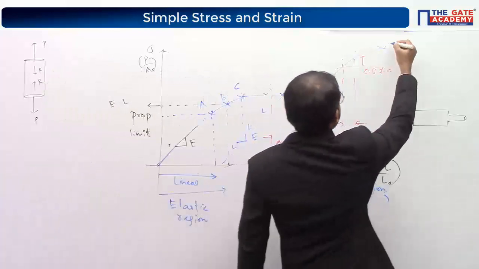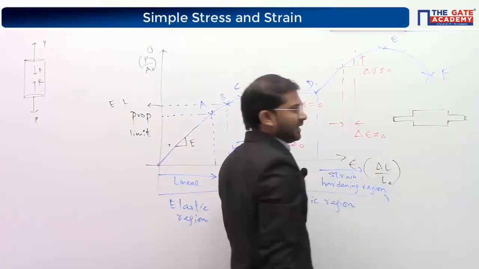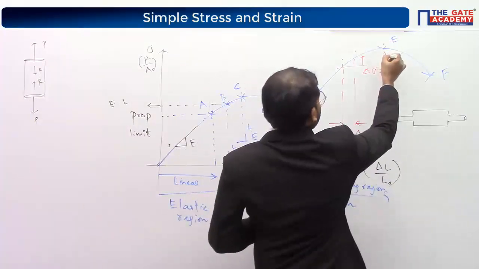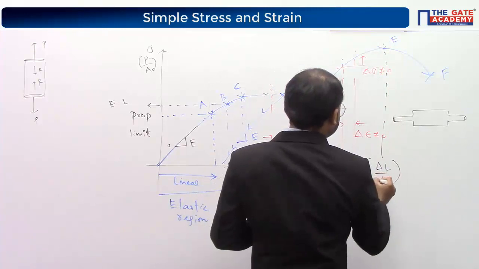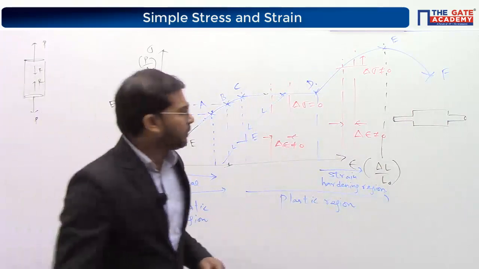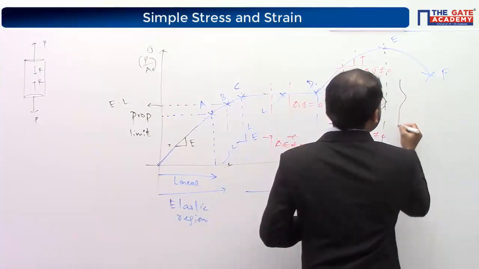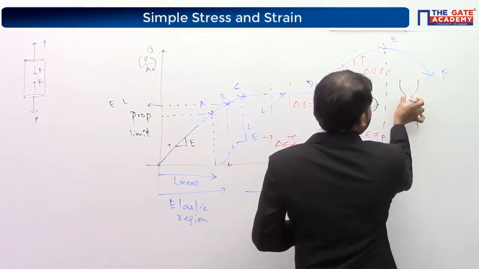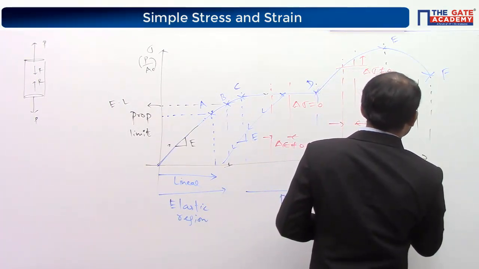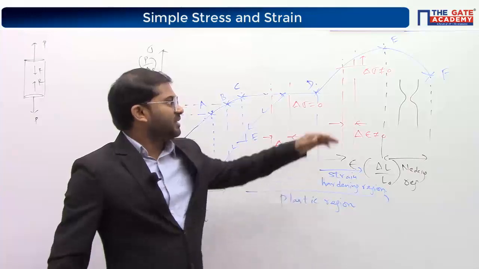So the curve goes to a peak like this, but you can observe that experimentally the curve comes down before the member experiences fracture. So from here to here it is called the strain hardening region. In this region, the material undergoes a huge amount of decrease of area. So it becomes like this. Area decreases to a very great extent. So this region we call the necking region. So after the strain hardening region, we get the necking region. So we understand that the fracture happens at point F.